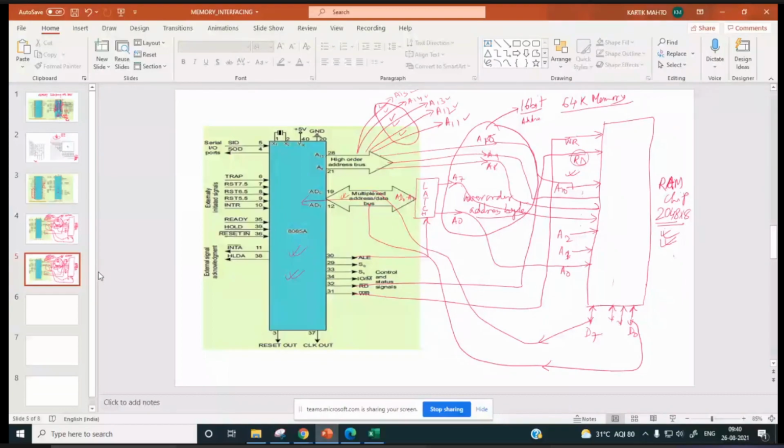Similarly, if the processor wants to write data, first of all it will send the address. It will make ALE high, so the lower order address will be over here, and the higher order address will come. So now it will point to a typical location. Now the processor is going to put the data in this line, and it will make write bar low so that this data goes into the location and is written there. Okay, up to this, if anyone is having any doubt. Hello?